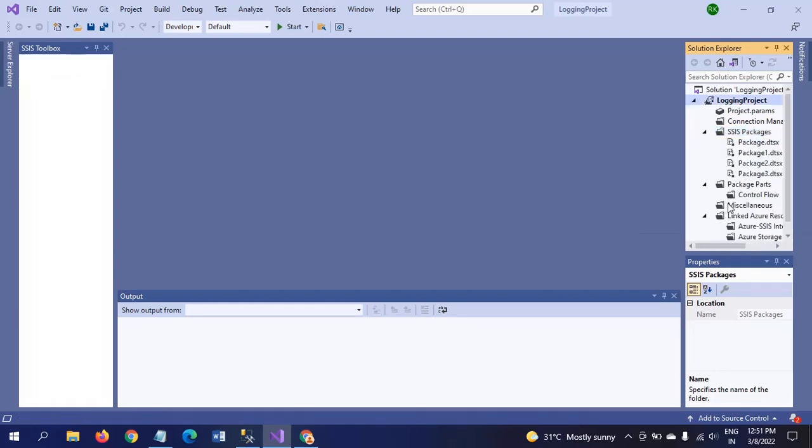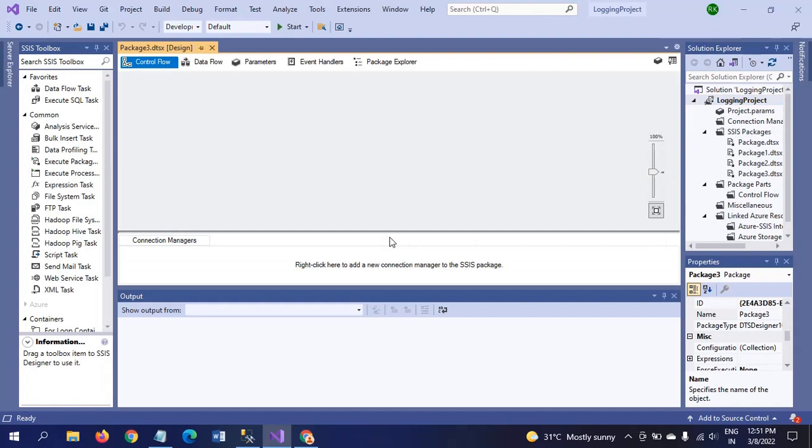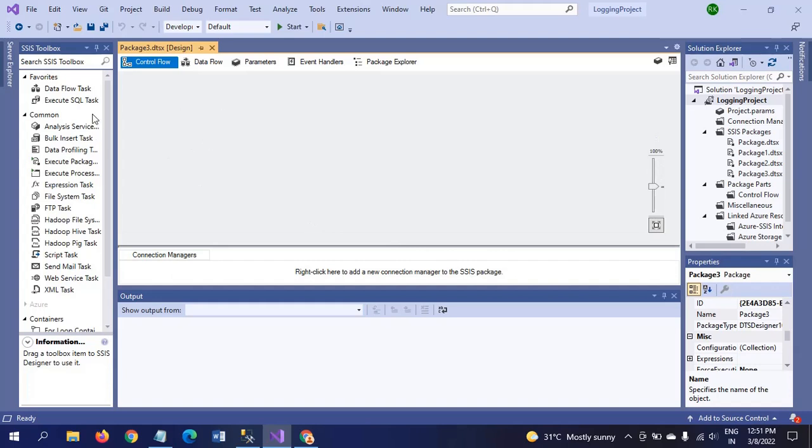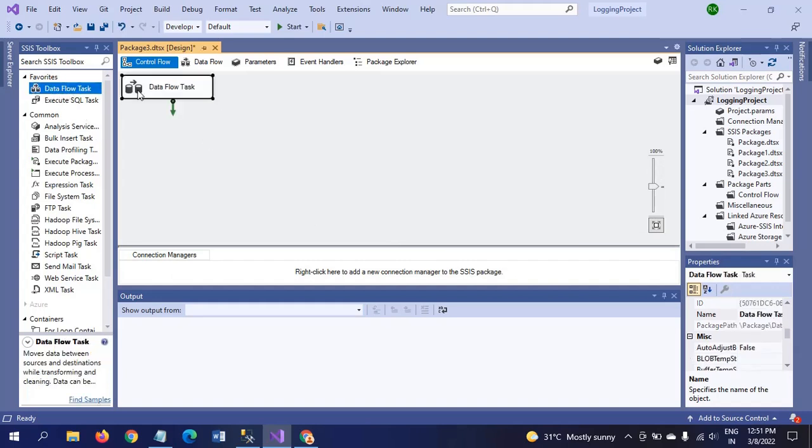I'm creating an altogether new package to show from scratch level. This is the control pane. I am dragging the data flow task,